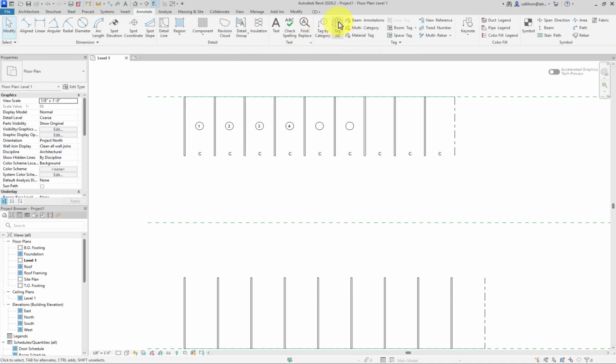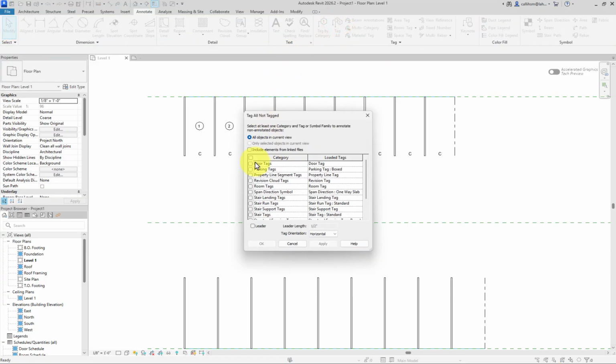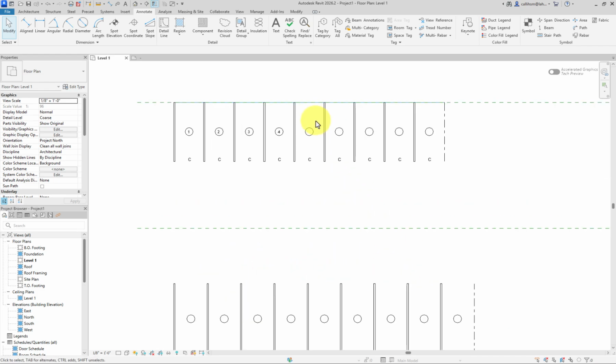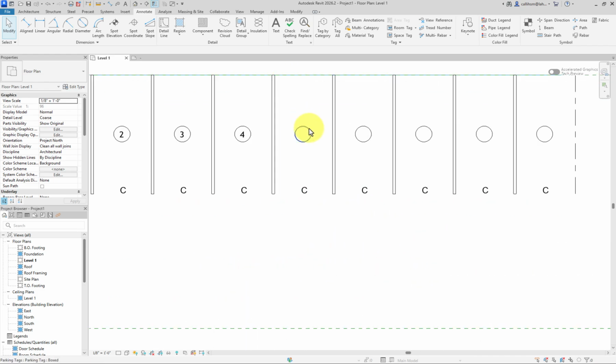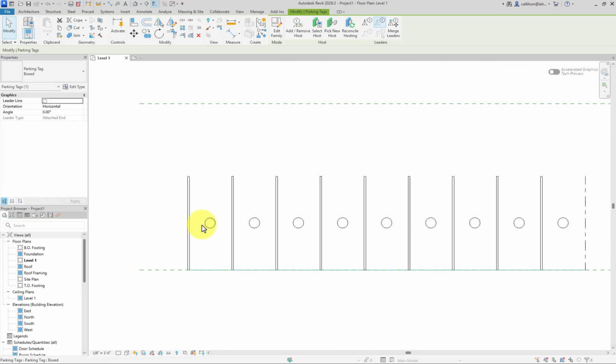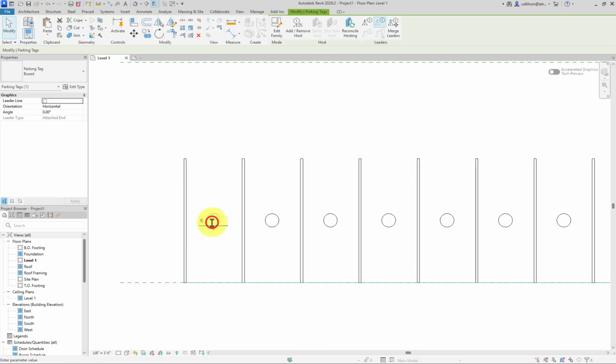If we go tag all not tagged, and we say I want to tag everything that's related to parking, I can click OK, and you'll see I get blank tags everywhere. Let's go through these 5, 6, 7, 8, 9. I'll go down to these, call this one 10,